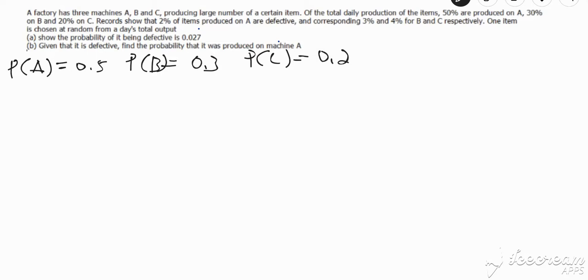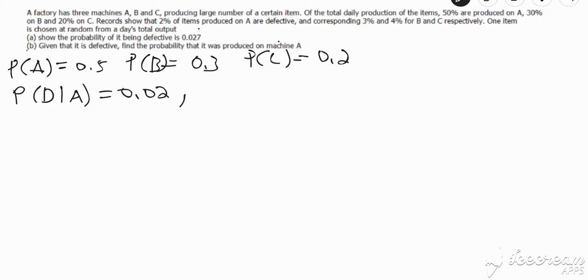Alright, records show that 2% of the items produced on machine A are defective. So before the items can be defective, they must be produced on that particular machine first. So we can actually say the probability that an item is defective, given that it's produced on machine A, is equal to 0.02. Alright, it says, and a corresponding 3% and 4% for machine B and C respectively,